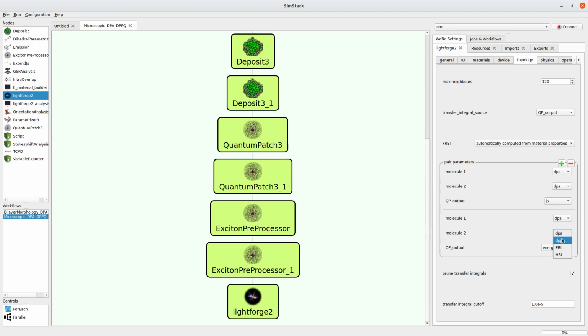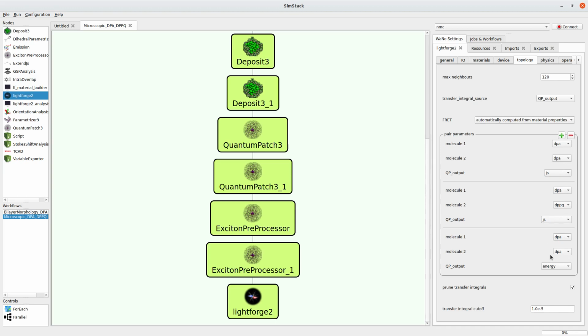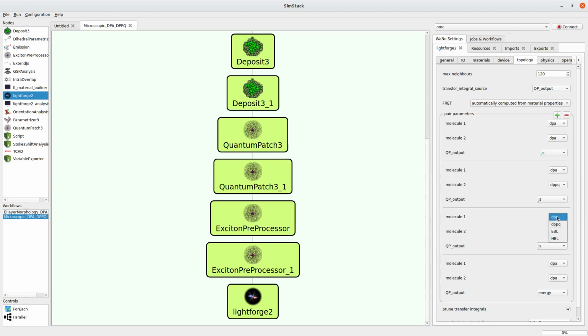For DPA, DPQ, we also use the file Js. For DPA, EBL, we also use the file Js. For DPPQ,